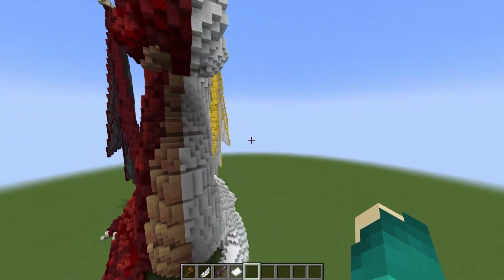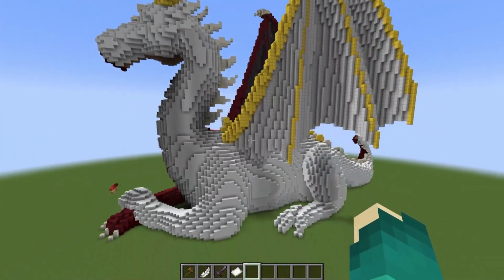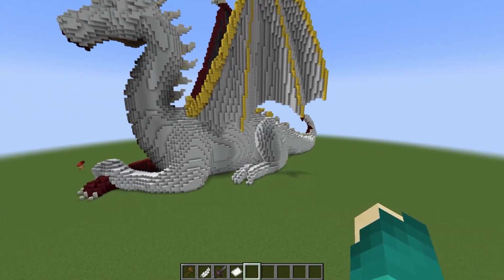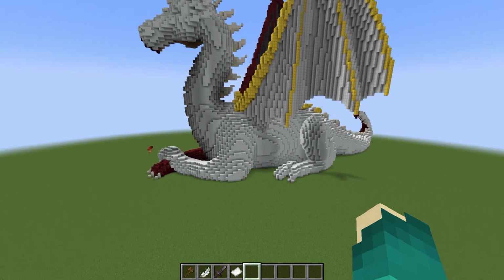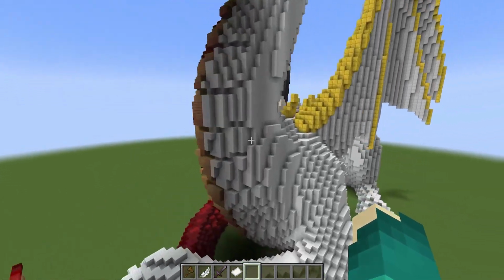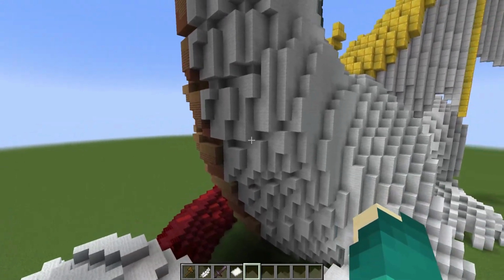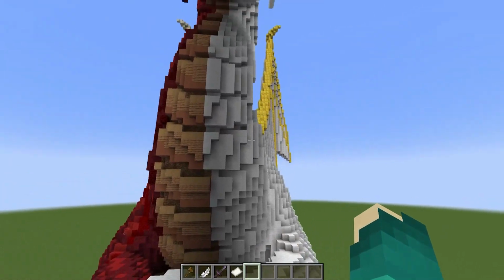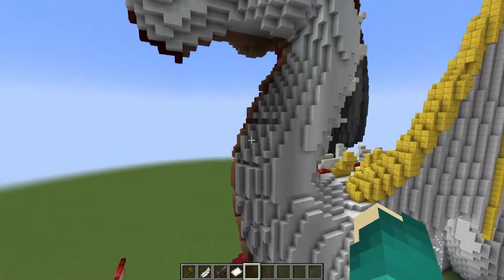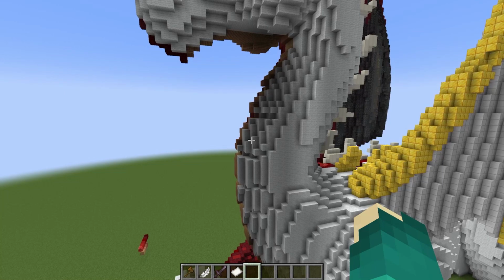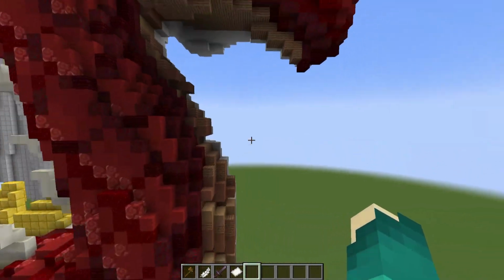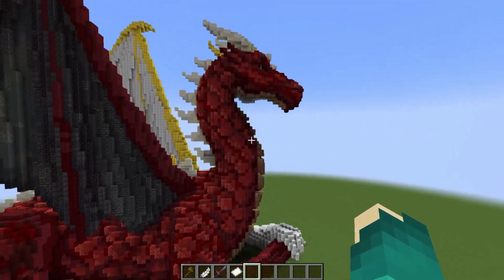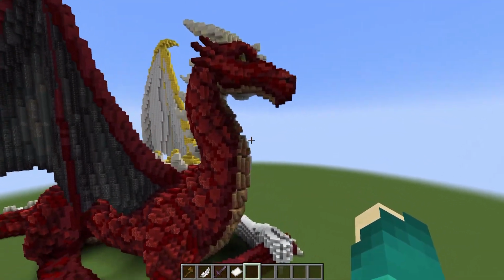So for this one, let's go to the other side, and you can see the base form. It's very smooth and very flat. I didn't take much time in adding extra bumps or anything like we did on the feathers. However, over here, this is the only section where I did carve into the shape a little more, right along wherever the belly is and these ridges that go across. I did try texturing it without those ridges and just flat, and it didn't look very good. Here you can see how it looks from this side with those ridges. You get a little bit of extra depth to it by having those cutout shapes, so it is essential there,